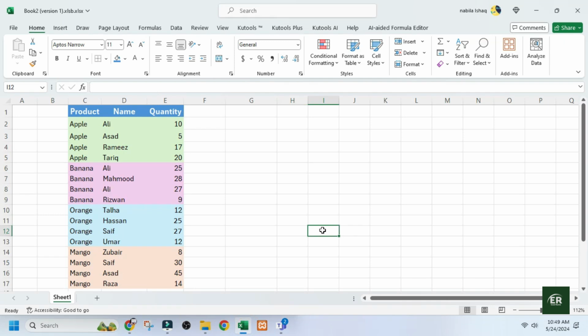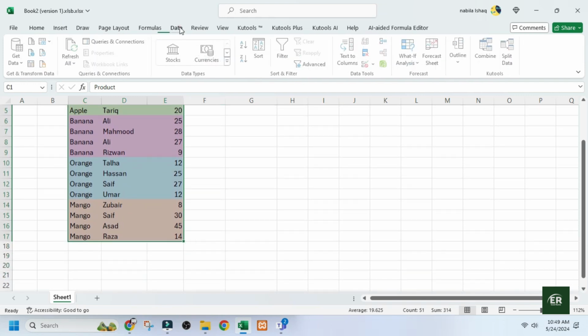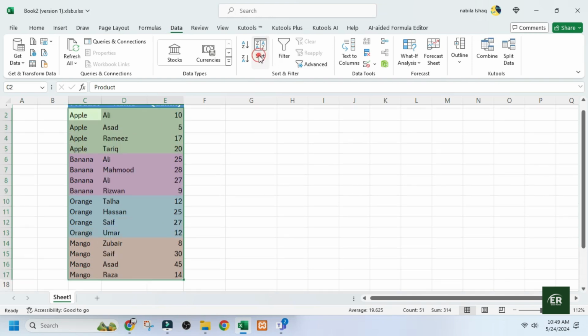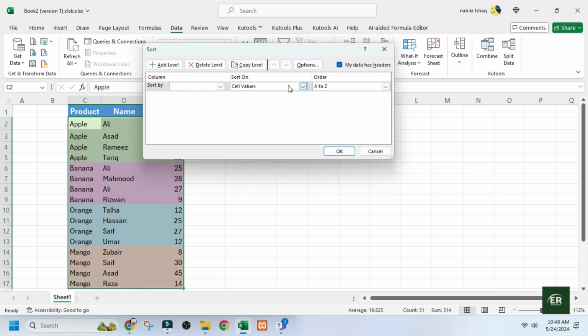As you can see, I have the data here and I have filled each row with different color. To sort this data, first select the data range, go to data tab, click on sort and a sort dialog box will appear. Then click sort by drop down list,